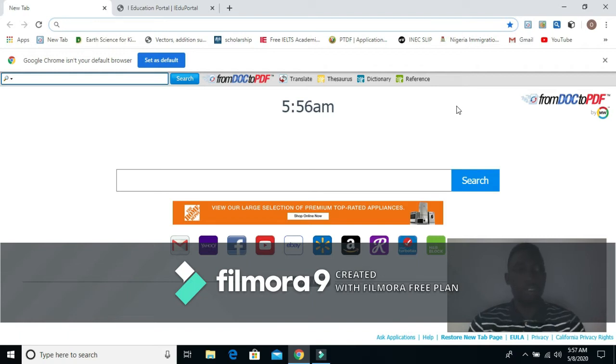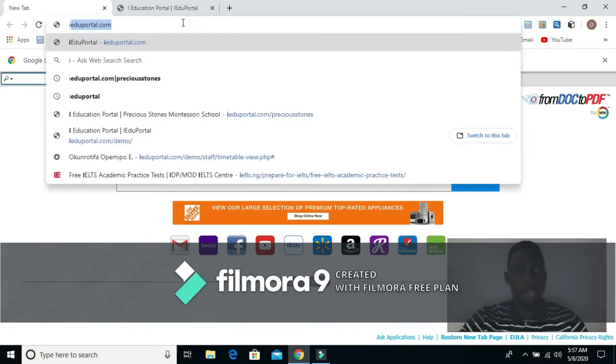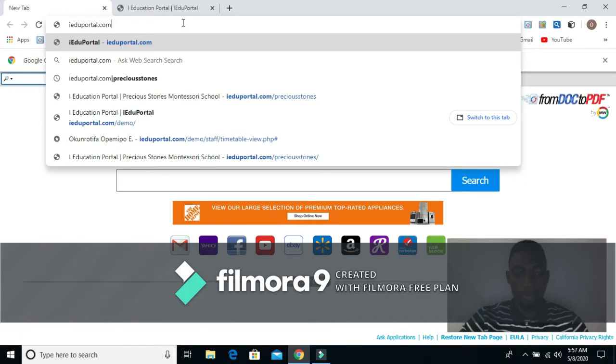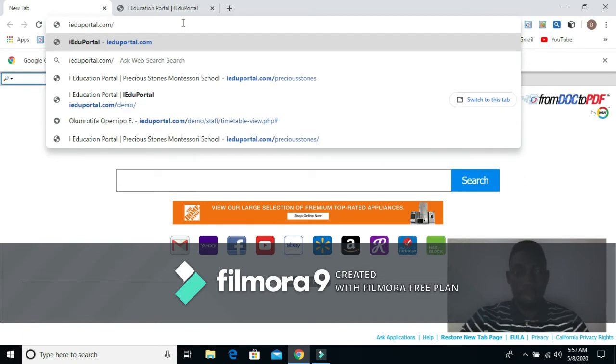All we need to do is just open our browser. I suggest we use Google Chrome. It's a very good browser. You open the browser and you input the portal link. Okay, so the link we're going to be using for this e-learning portal is ieduportal.com/precious